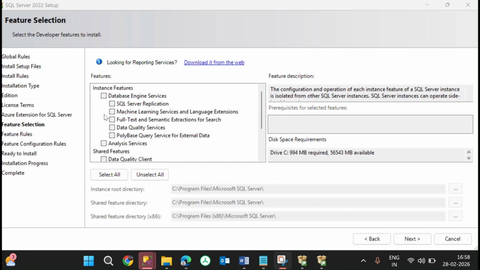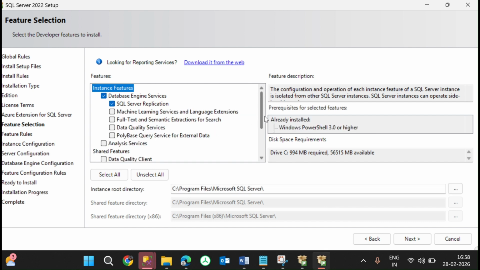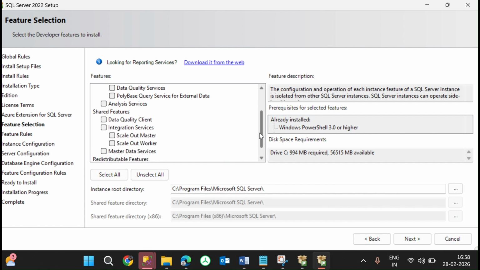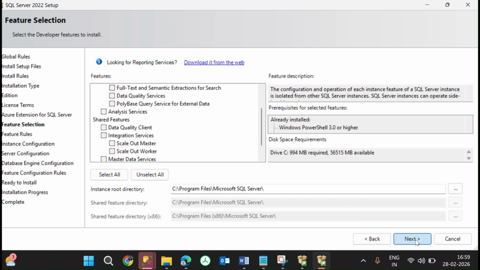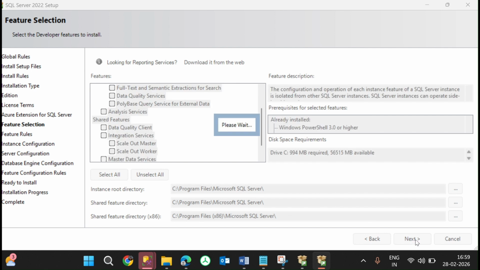So guys, here we see database engine services, SQL Server replication is common. And one thing changes, we can't see here client tools connectivity and client tools backward compatibility. Okay, so here actually I think it is bundled in database services itself, and it supports client connectivity as well. So we are selecting these two options, and I will be clicking next. So that is the change in 2022,